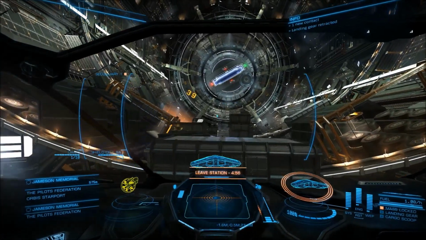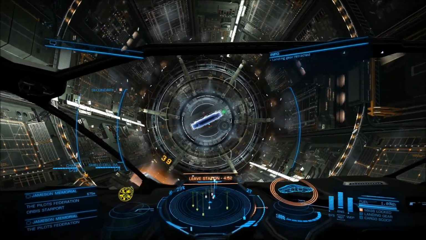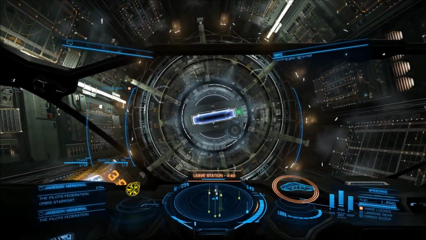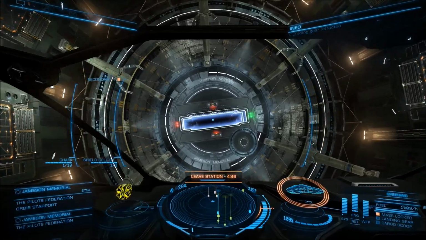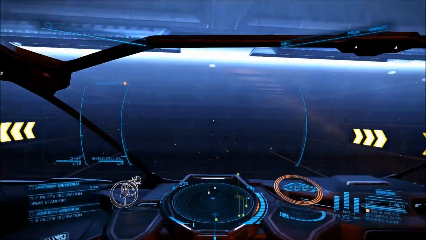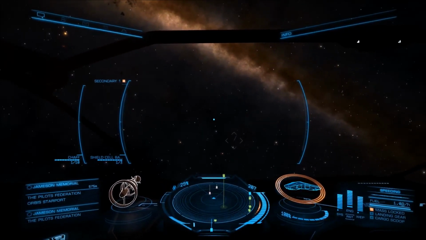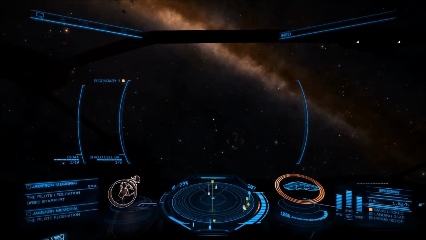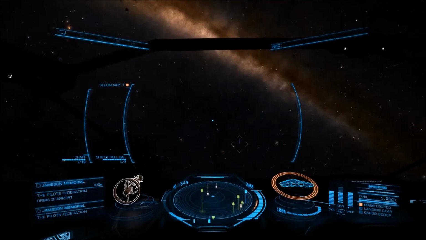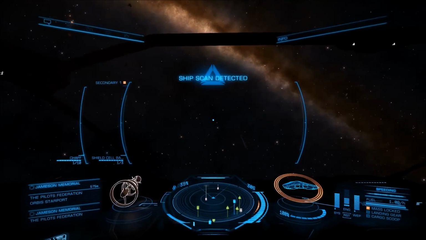Before we go and start shooting at enemies, at targets, let's take a look at the speed of the Cobra Mark IV. It is slow, it is heavier, and it is slower than the Cobra Mark III. So let's see, with 4 pips on the engine, our normal speed is at only 207, maybe it would go 208, no, 207. If we boost, 310, scan detected,